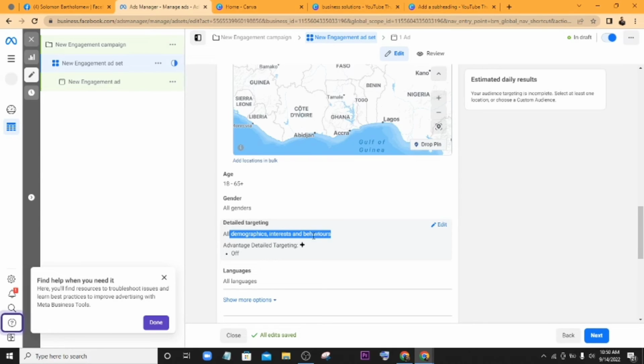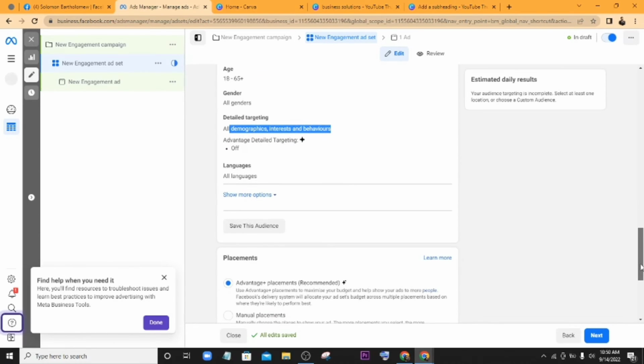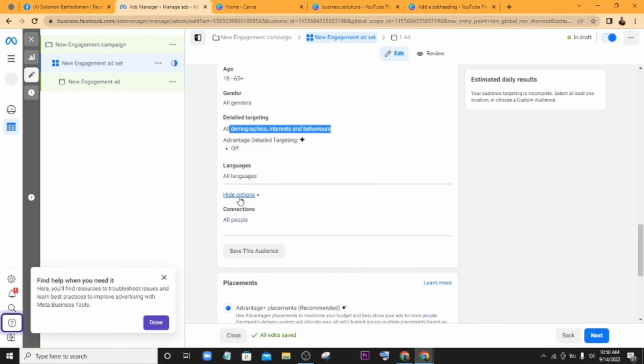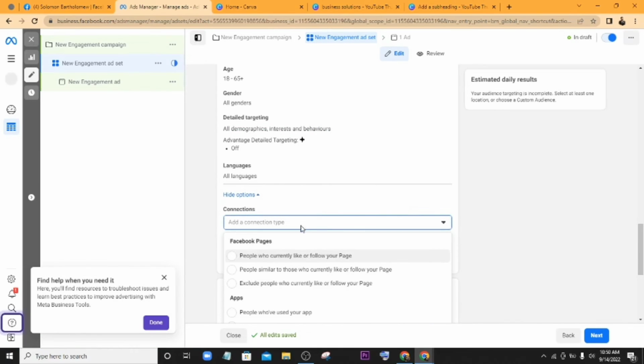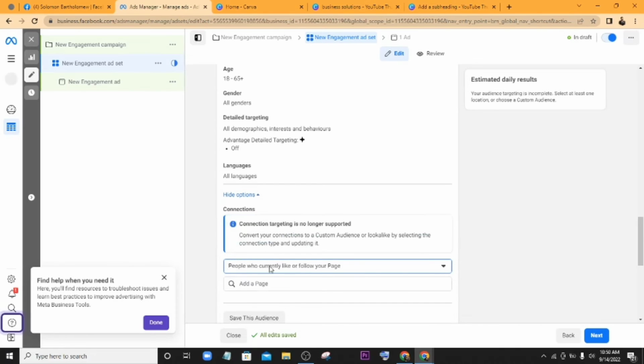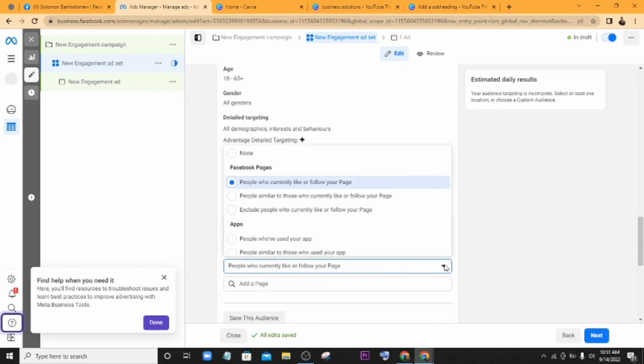You can also do your detailed targeting, okay, based on the demographics, interest, and behavior. I told you guys in the previous video that whatever behavior you put up on Facebook, they begin to record, the algorithm records this your behavior, and then identifies your track and predicts your future behavior with it. So you can target people with certain behavior, certain interests, people that like a kind of music, people that behave a certain kind of way. All right, so you also want to pay attention to that. Okay, you can also turn on your detailed targeting.